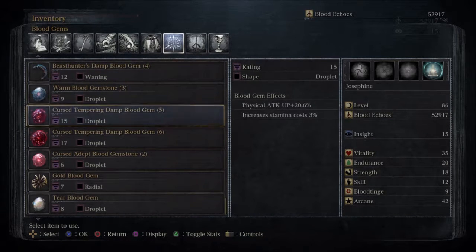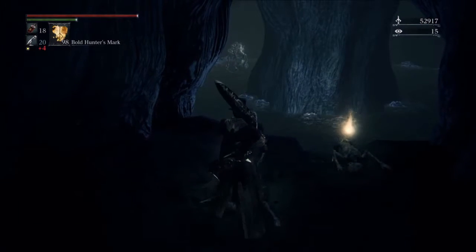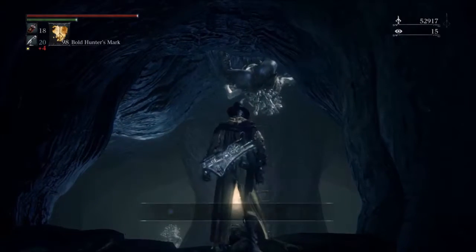That in the Holy Moonlight Sword would be primo stuff. Yeah, there's better gems, but that's still a 20.6% increase. That's great. Now, you may notice there is a shark man there, and a ladder, and a shark man